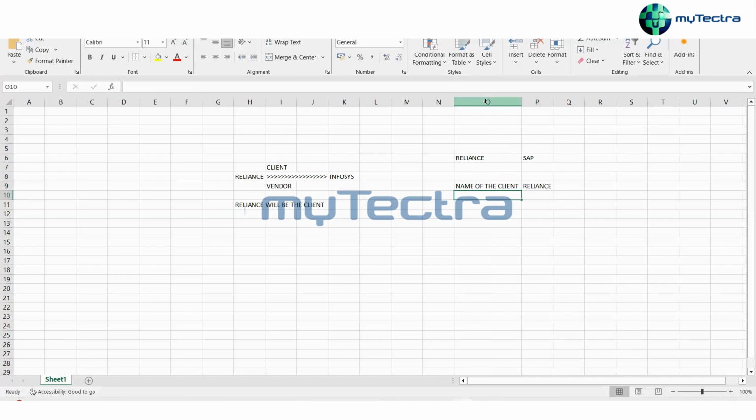Now suppose Reliance has one company they want to use SAP for. So there will be one company, and this will also be for Reliance. Under this company, the company will have a plant, where all the manufacturing takes place.